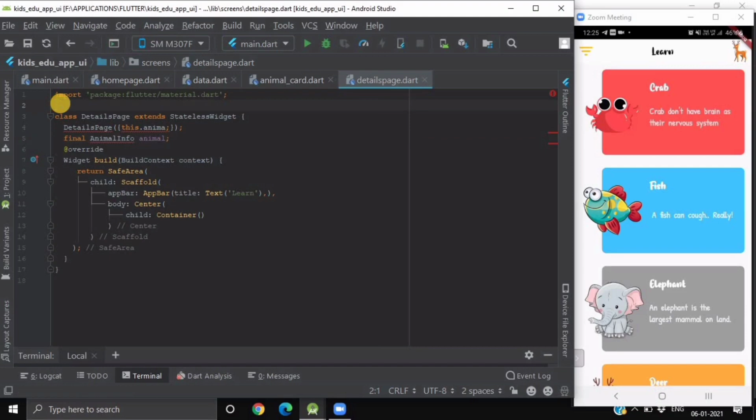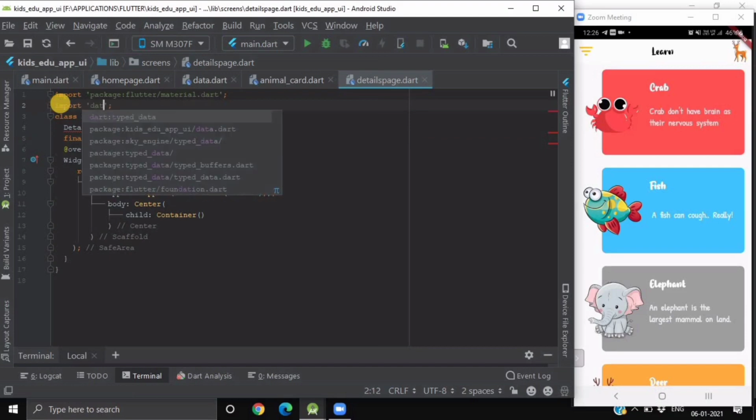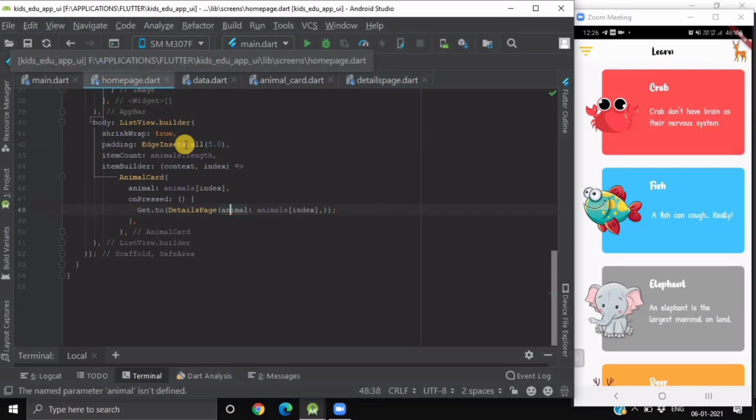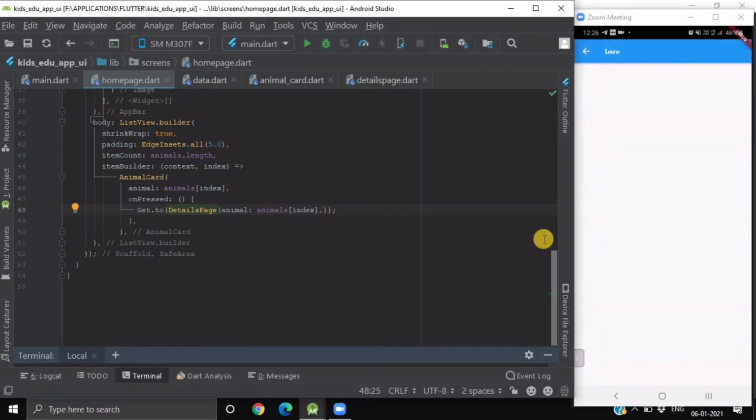So first we will import data.dart. Now we are done, so this error will be gone from here as well. Now if we hot reload it again, this time if we click on the card, it will navigate to our detail page.